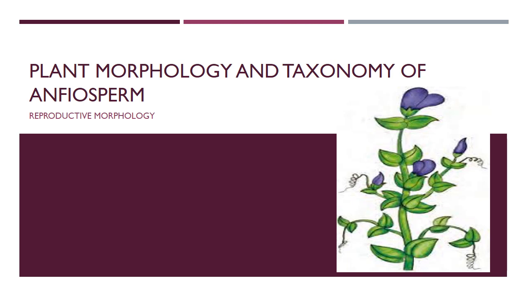Okay, let's come to our topic. In the previous class we learned a lot of information about the angiosperm family, especially leaf, shoot system, root system, likewise. Now we're going to see about plant morphology and taxonomy of angiosperms. Today also we're going to see about the angiosperm family, but especially the characters of reproductive morphology.